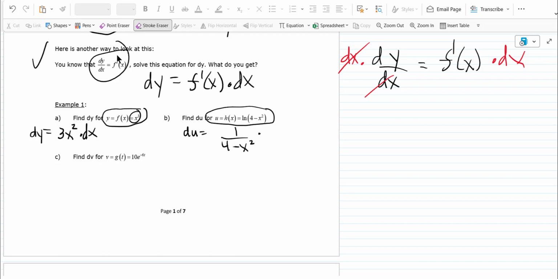Derivative of what's inside is a chain rule, so the derivative of what's inside is negative 2x, okay? Now, since x is our variable, we tack on dx. So we just write the answer as du is equal to negative 2x over 4 minus x squared times dx,